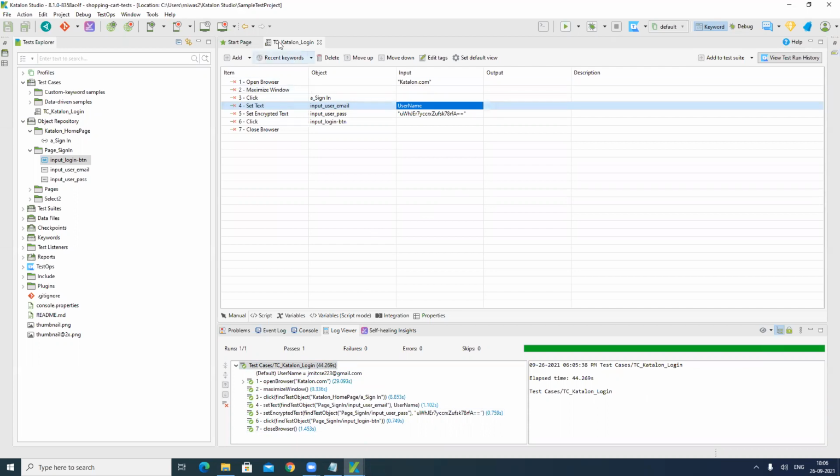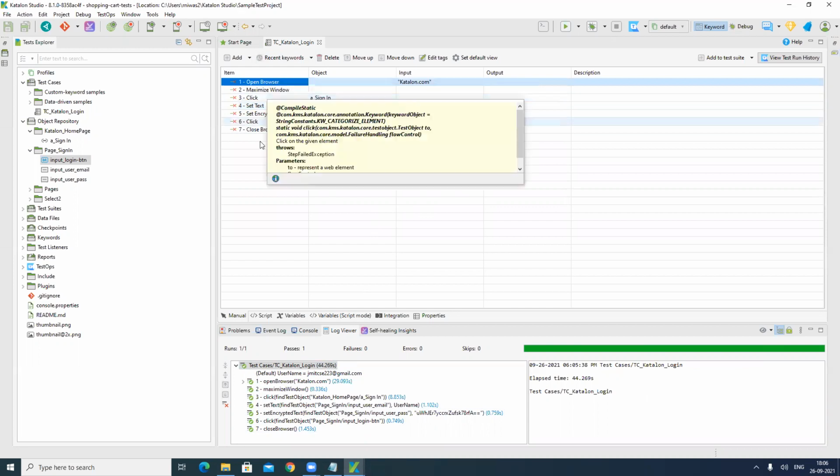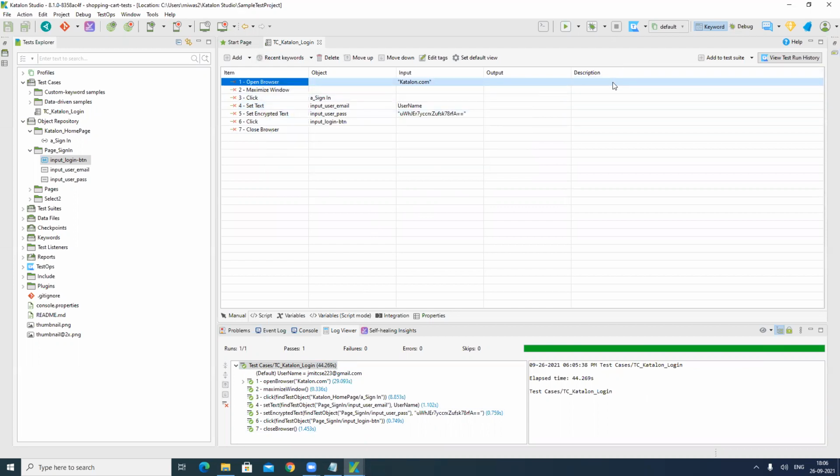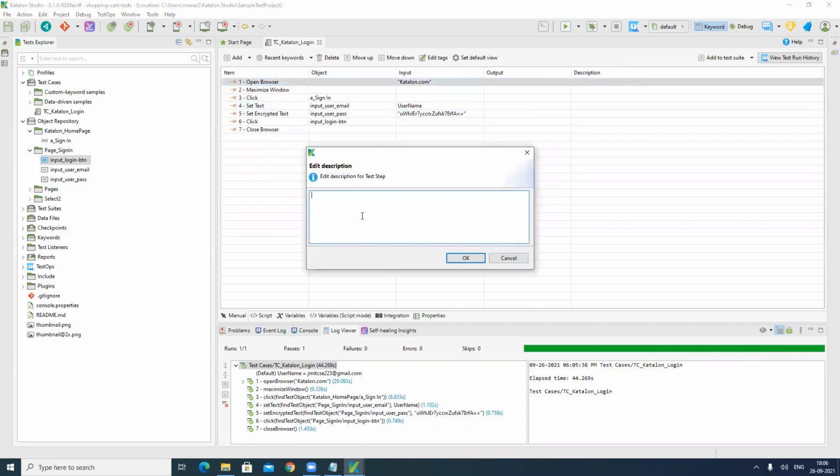One more thing that you can do in the manual mode of a script: for any action that you write in your script, you can add a description over here as well, describing what action you are doing.